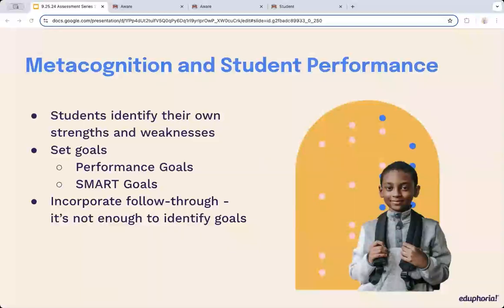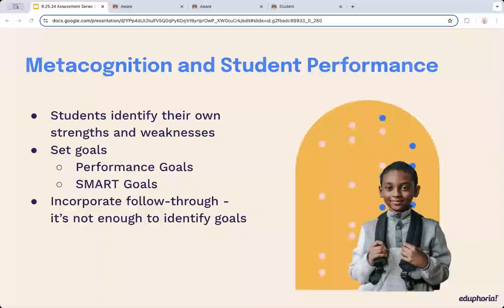So let's set the stage for how metacognition could be presented to your students. You've got the test sitting in front of the students, whether that's in the online platform or on paper. They've gone through it, they've taken the test, and they've even come back to it and marked which ones they've gotten correct and not correct. The first thing we want them to be able to do is identify those strengths and weaknesses that they have. So what questions would you ask yourself as a teacher to identify your own strengths and weaknesses in terms of that test? Write those questions down and then go through those with your students.